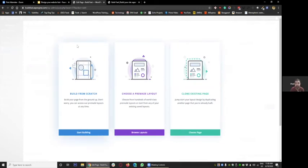If you're a designer and not a developer, this still can be a great option for you, because no coding is involved in any of these pages, right? So I mean, you can use one of these themes and never touch a line of code. That's how great they have become, right? So I'm going to choose a pre-made layout. All the page builders, Elementor, Beaver, Divi, Visual Composer, they come with a fantastic library of